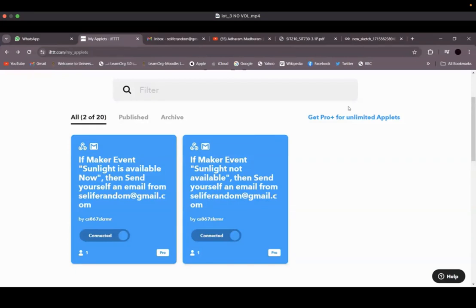For the triggering and notification, I am using IFTTT. Here you can see I have used two applets. This one is for the sunlight available notification, and this one is for the sunlight not available notification. Here I am using a webhook